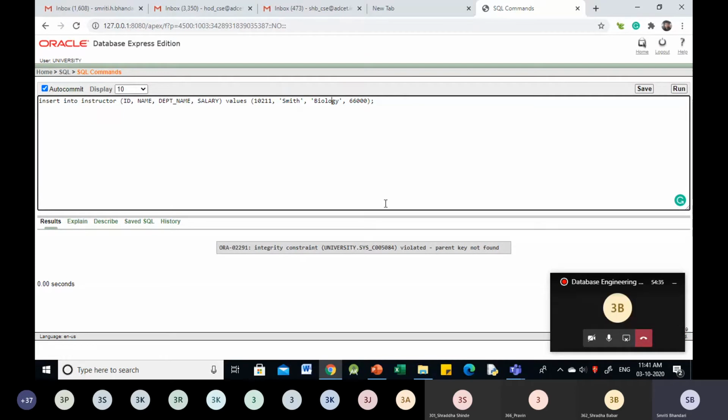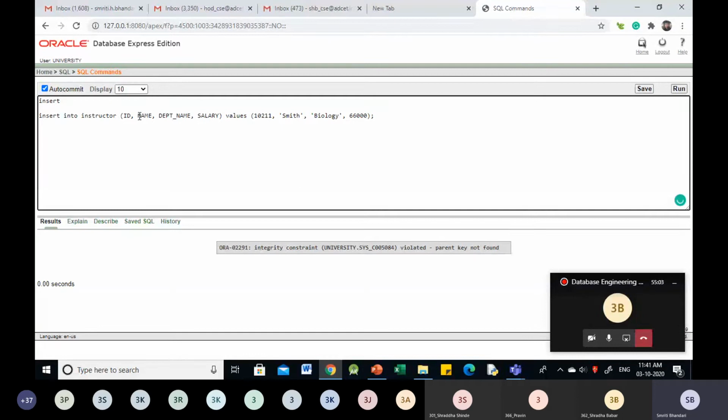We are violating the foreign key constraint, because this biology department is not stored in the department table earlier. So what do we need to do to rectify this error? First of all, we need to insert that department in the department table.